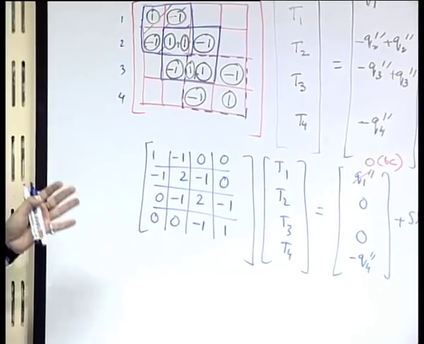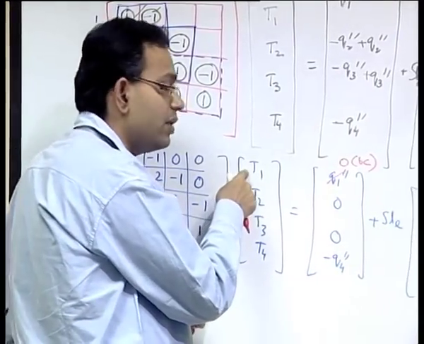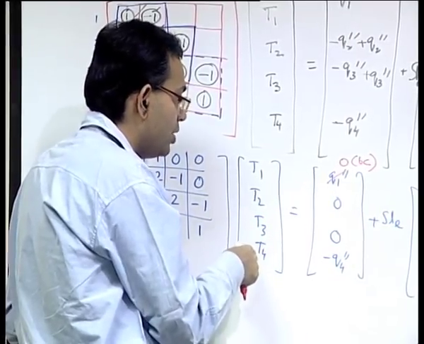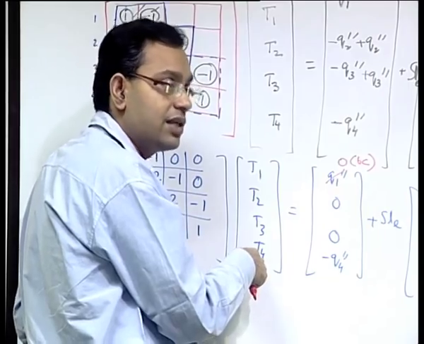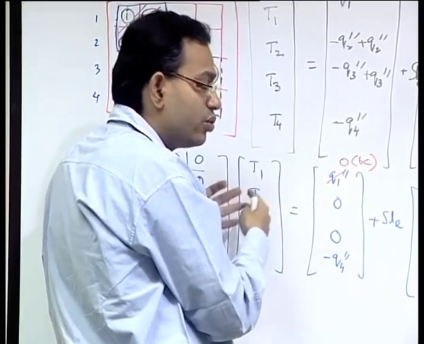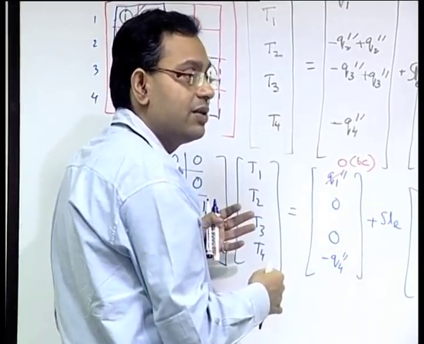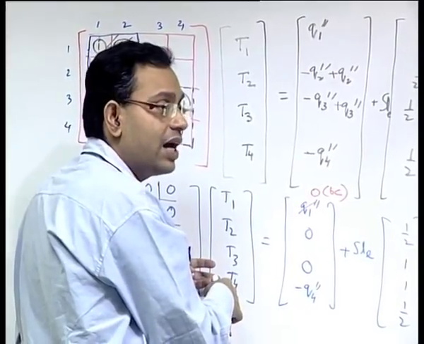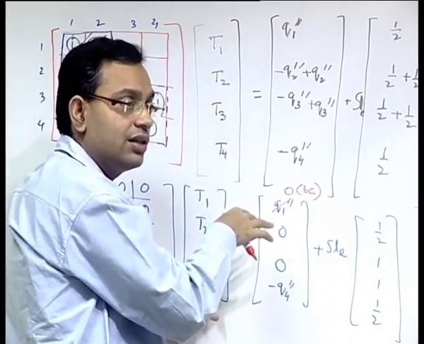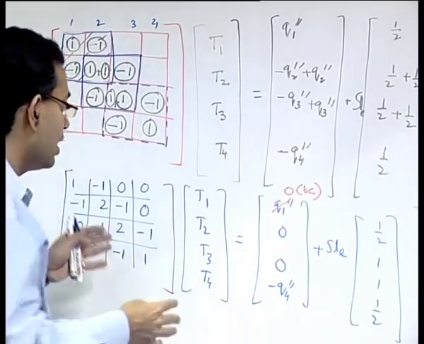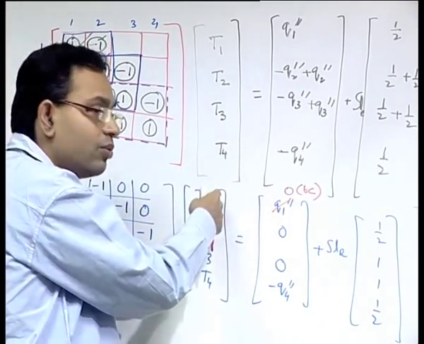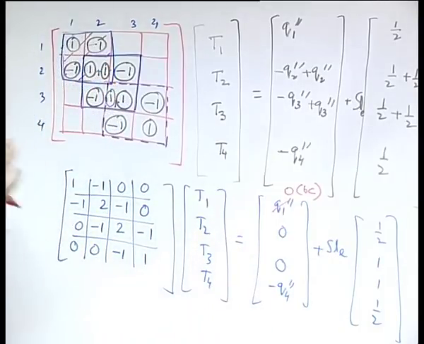So you can understand the problem is like this: you will be solving T1, no doubt about it, you will be solving T2, T3, no doubt about it, but you do not want to solve T4 because T4 is already specified. But say every time you do not want to change your computer program to tune it with the fact that which is specified and which is not specified. So even though T4 is specified, you may want to solve for T4 and find out the value exactly same as what is specified, then that will also serve the purpose. Then you can use the same structure for solving the system of equations, no matter whether T1 is specified or T4 is specified. So how we can do that?